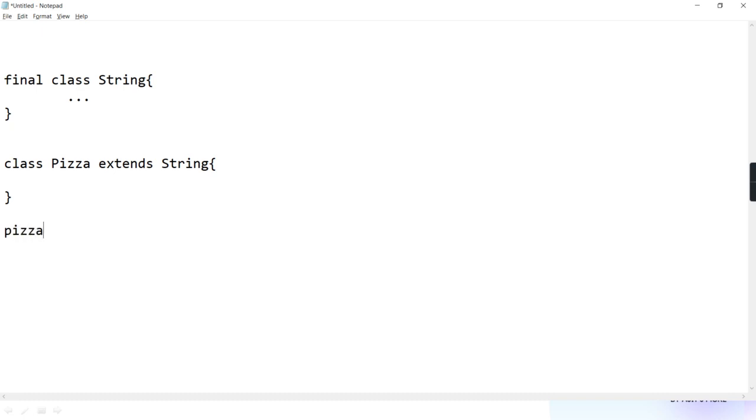Pizza A dot equals, and I am passing pizza B. One is the invoker and one is the parameter. Is this equals method going to check the A reference and B reference, or will it check the value of the A object and the value of the B object? Means will it check their memory content? Is the reference compared or is their memory content compared?